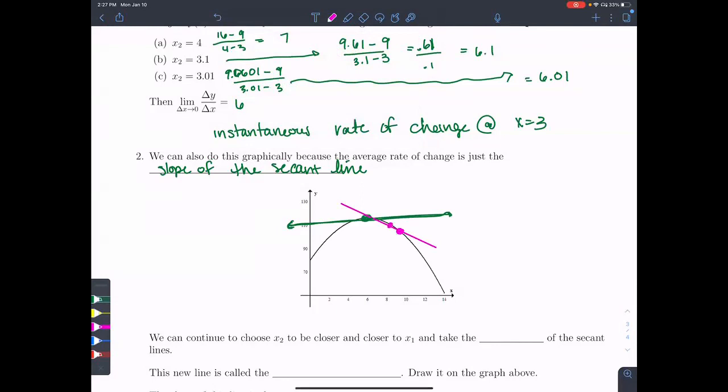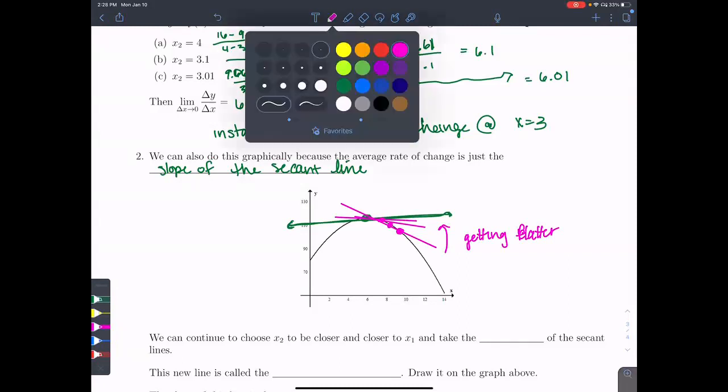And then you get this one, and here's the secant line. And you get this one, and here's the secant line. You can tell those slopes are getting flatter, getting closer to that instantaneous rate of change, which is 0. That slope is 0. So as x2 gets closer and closer to x1, and we take the limit,